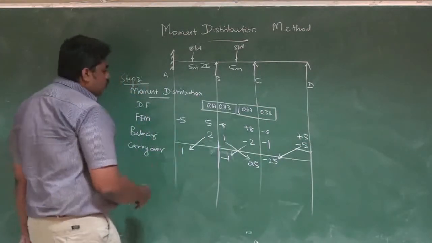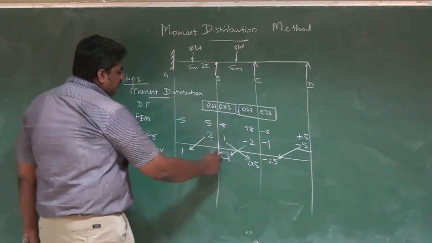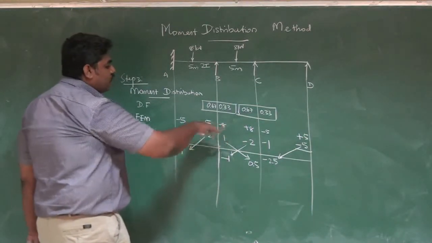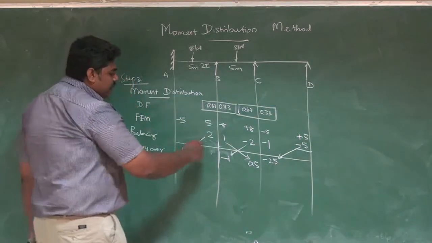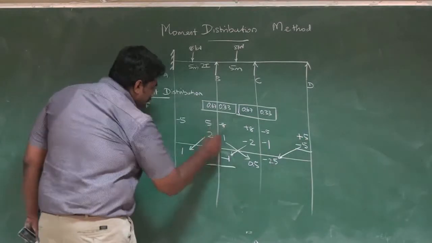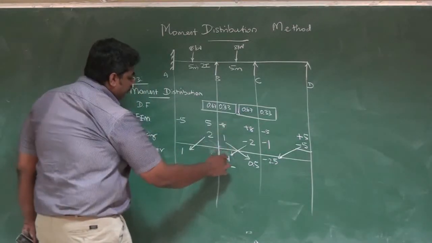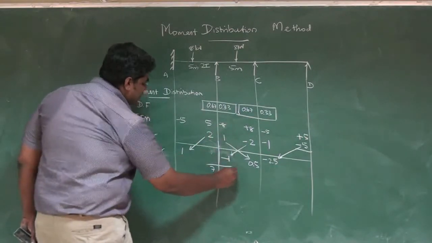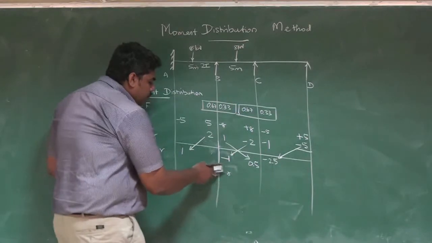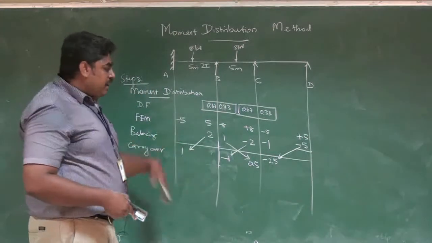So now we have to do the balancing once again, because when I do the transfer here, because of this minus 1, it gets into an unbalanced condition. If you try to add this value, here it is 7, here it is minus 8, minus 1, minus 9, now it becomes minus 8. Right? So once again it is getting unbalanced because of the carry over which we do. So this is what we call the iterative technique.